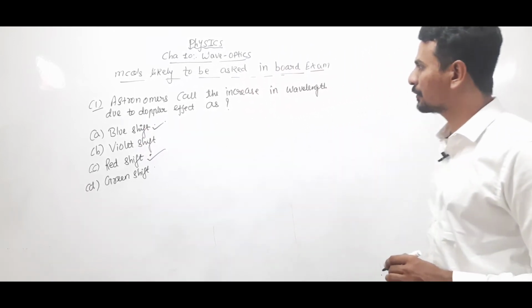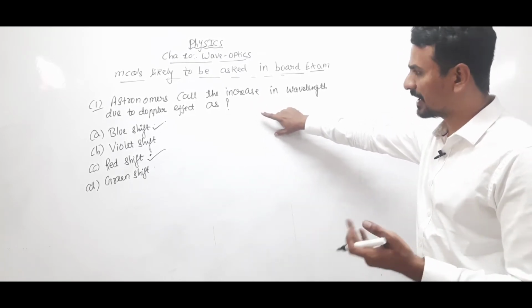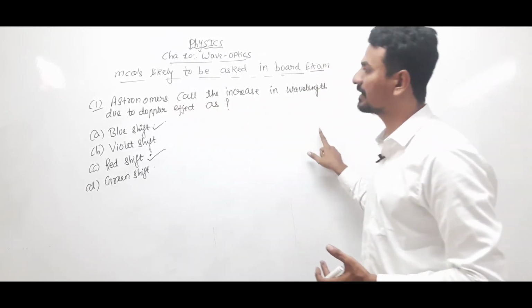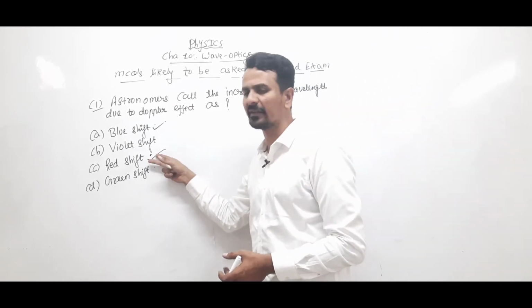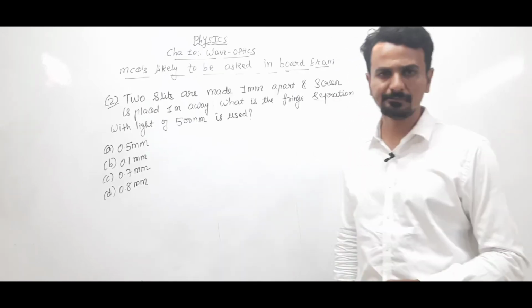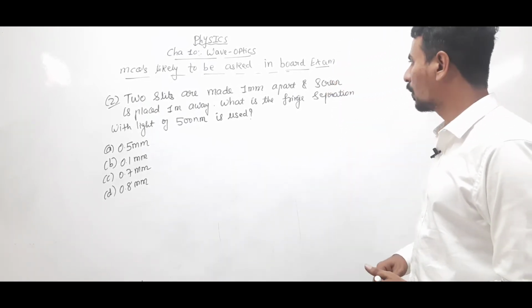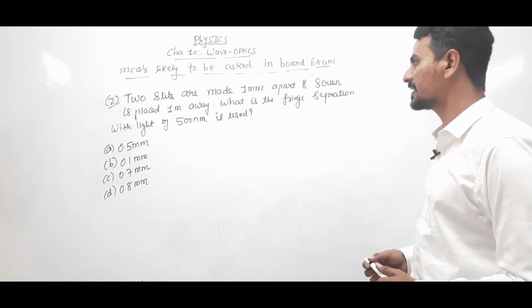Presently we are being told to call the increase in the wavelength. So increase in the wavelength is known as redshift. Clear? Okay. The next one, second one: two slits are made 1 mm apart and a screen is placed 1